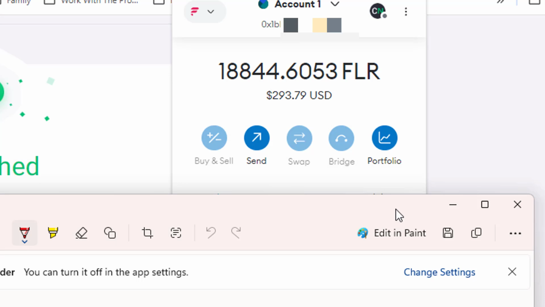Now that's not the only way to get Flare. ChangeNow.io is not the only place. And obviously we didn't buy Flare off the street because they didn't have it available. I like to use Cash App a lot in terms of buying Bitcoin, and I can now send that Bitcoin over to ChangeNow.io and swap it out for Flare and send it right there to my MetaMask. So there's a number of ways.